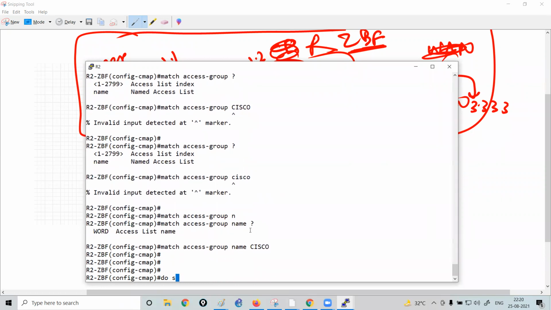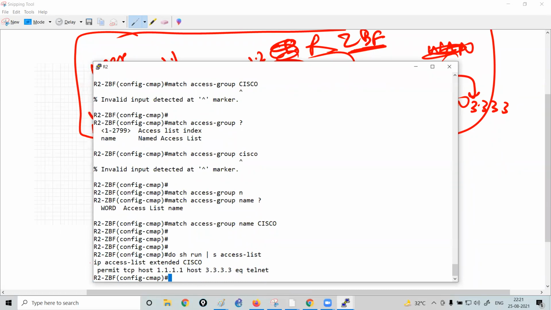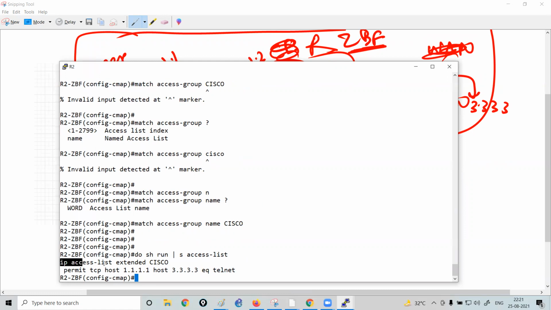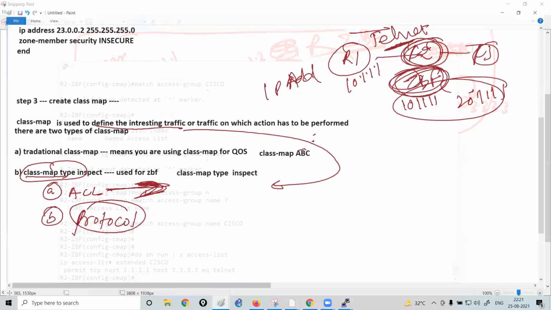That's it. So do show run pipe section access-list. First of all, if you are using the access list to match in the class map, you have to create the ACL.